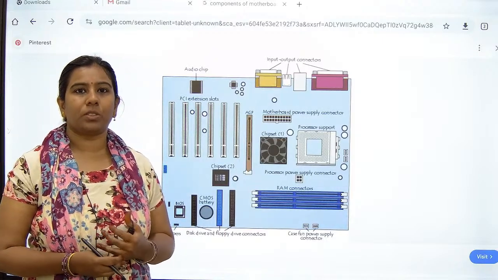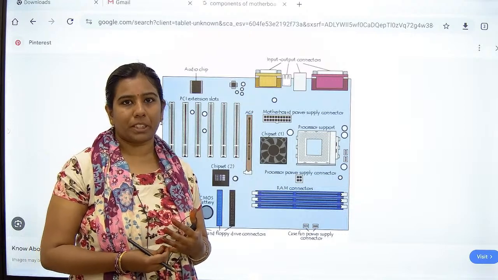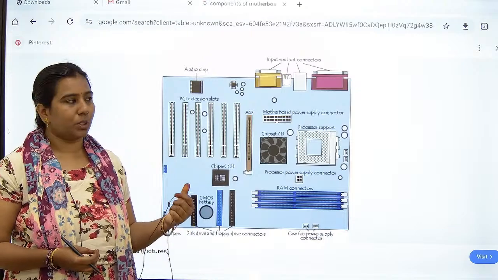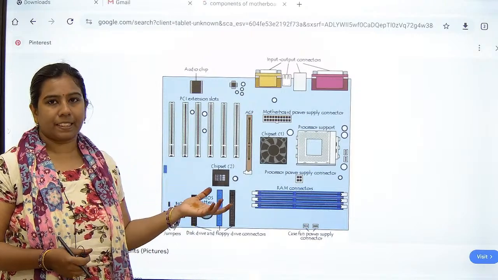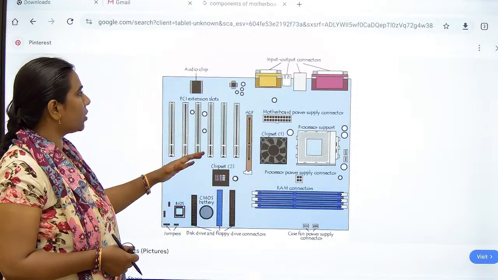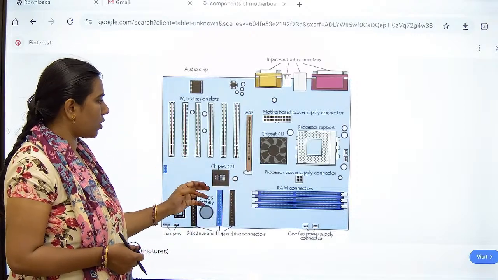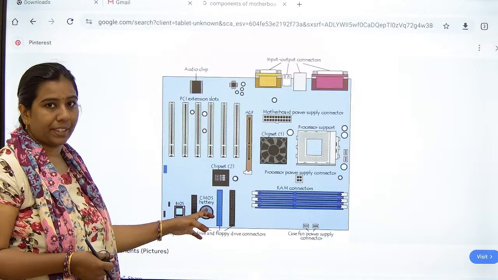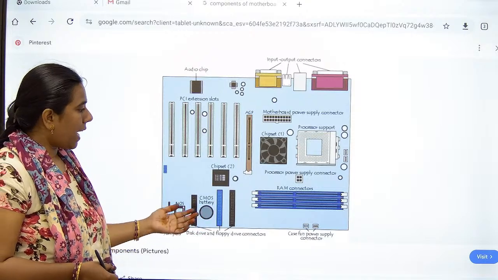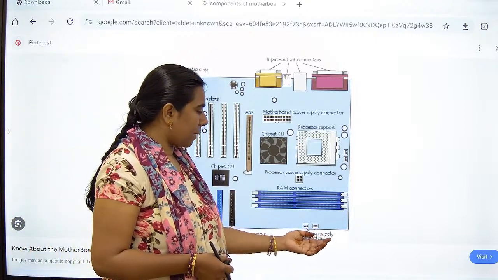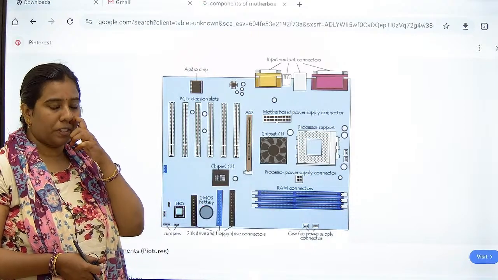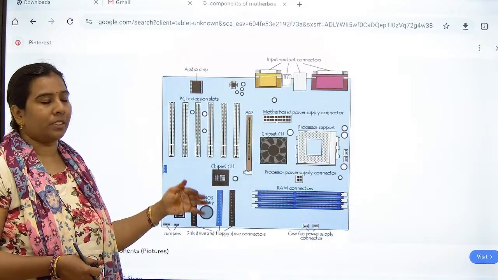Today we are going to see the components of the motherboard. So we'll see what components are present in the motherboard. This is a layout of the motherboard. The motherboard consists of PCI extension slots, chipsets, CMOS batteries, and BIOS, the basic input and output system, and also it has a case fan power supply connector for keeping the temperature of the computer or the laptop in control,